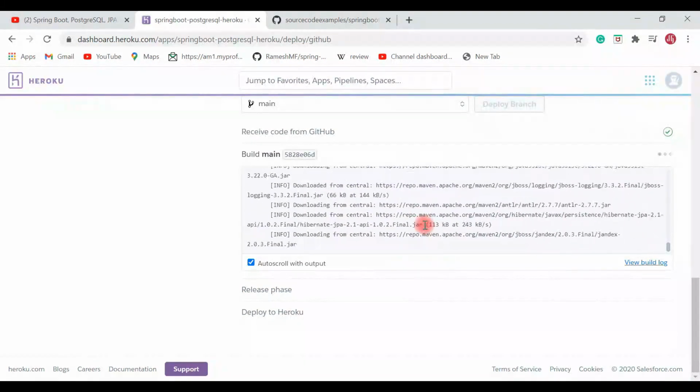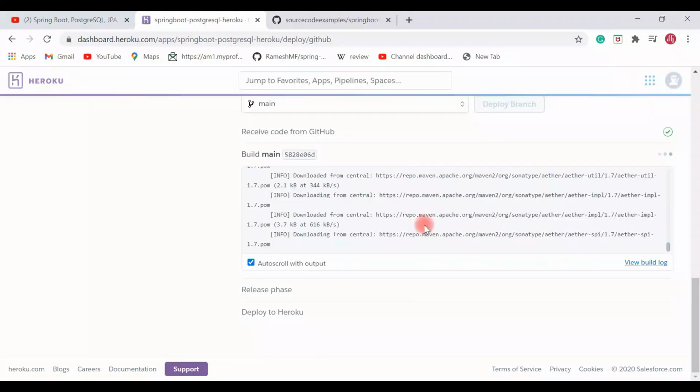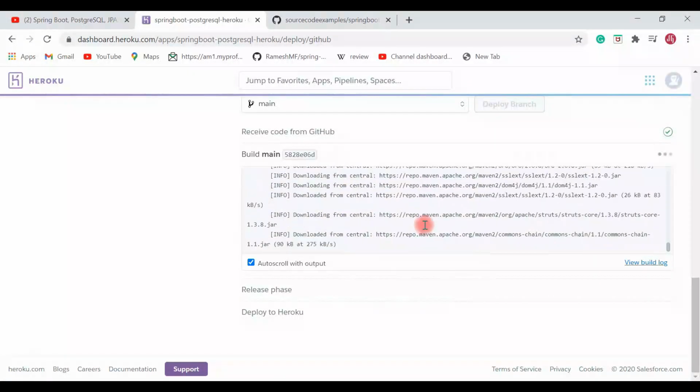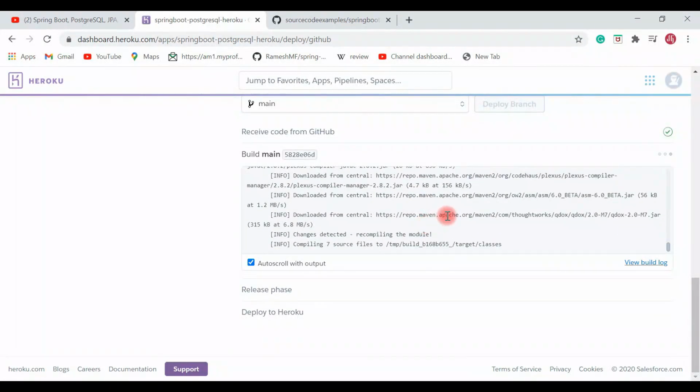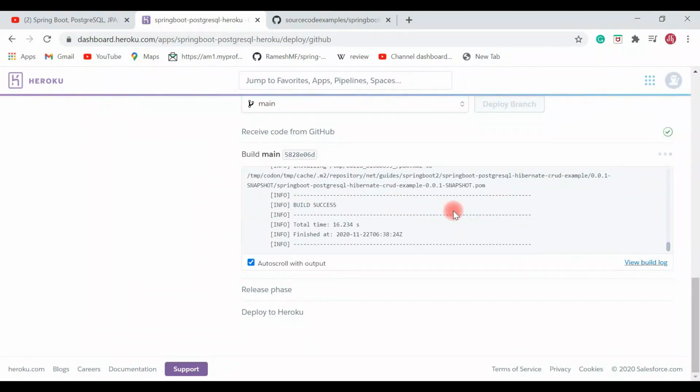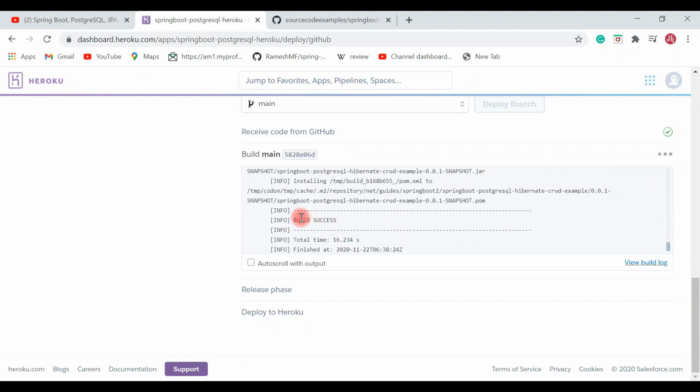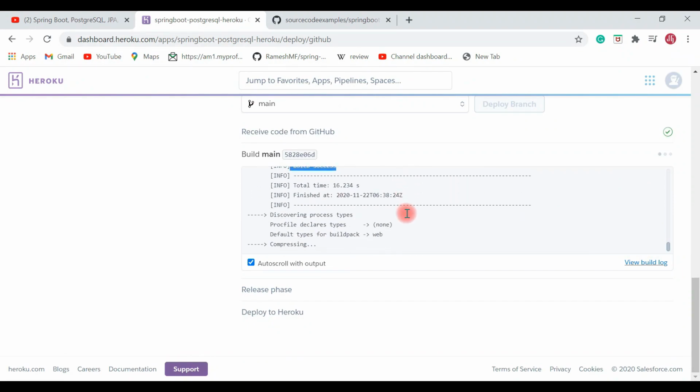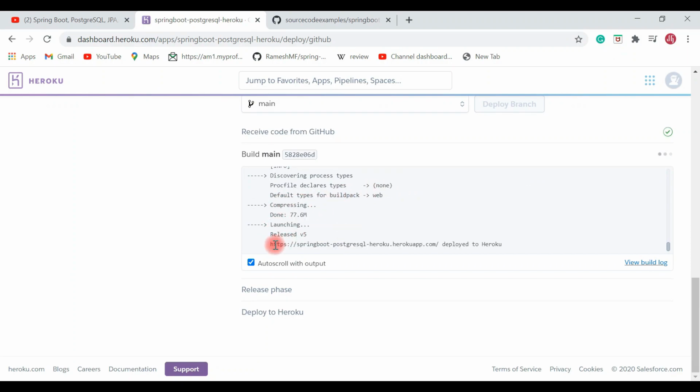Let's wait a couple of seconds. This will build our Spring Boot app. Once the build succeeds, it will compress the artifact and deploy. So look here, build success, and it is compressing, and then it is deploying.